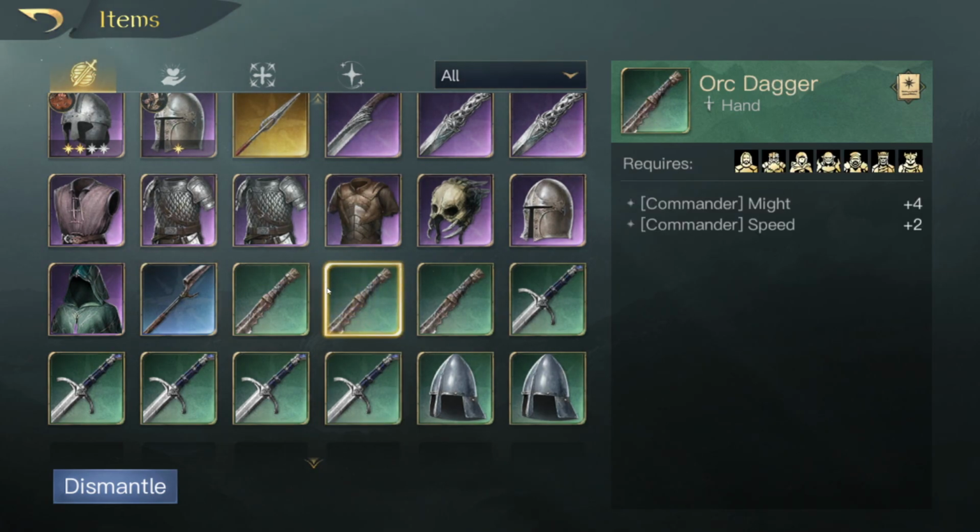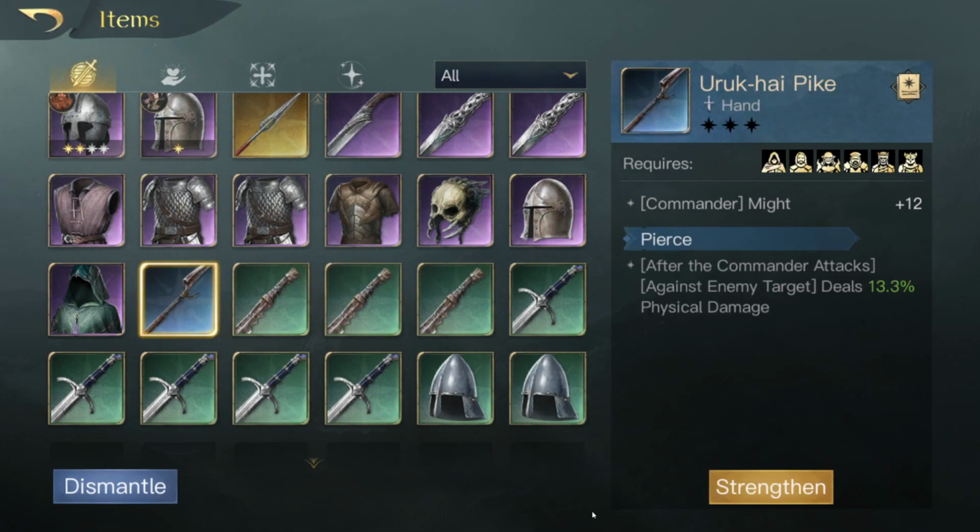Now, if we go to a different sword here, for example, the Orc Dagger, it will show you the requirements of which race can use that equipment. And it also gives commander might and speed, and it shows you the mounts that you can do. Now, moving on from this, because they're pretty basic, you can get some of these that give some focus damage in that as well, and buff. But let's just move on to fine equipment, because there's more information here,